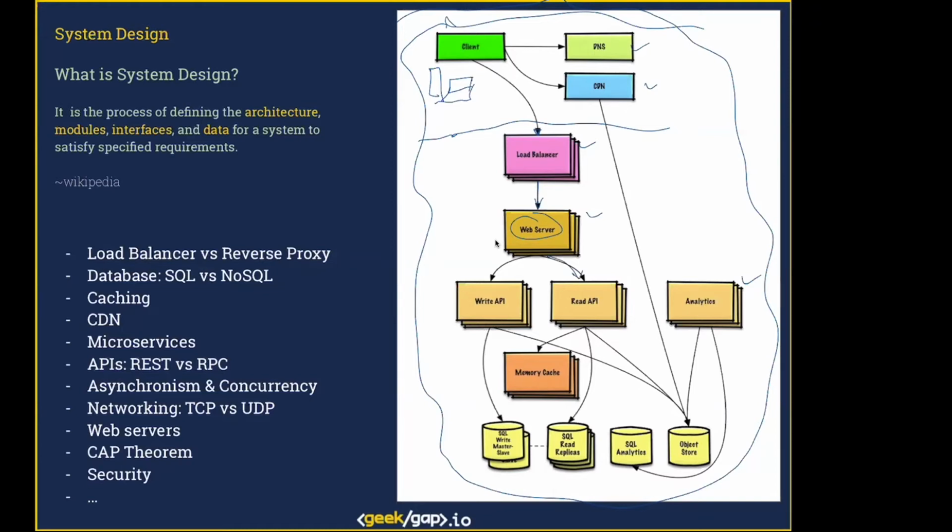If I'm on YouTube and I want to download a video, then you can use the write API to write, because writing is actually uploading the video on the internet, and so on and so forth. The read API, for example, is another component which talks to either the database directly to find the video that you're looking for, or talks to the cache, and we are going to see what a cache is in subsequent